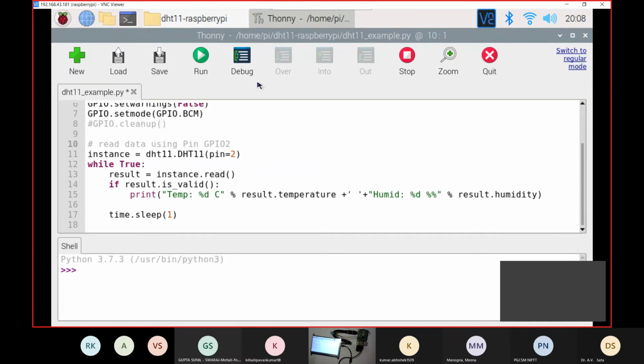If the program is very big, then we can use debug functions. Stop, if you are running any function, then we can actually stop it. Then there is zoom function to zoom inside this program, but our program is very short, so we will not be using that function. And then the quit function to go outside this setup.